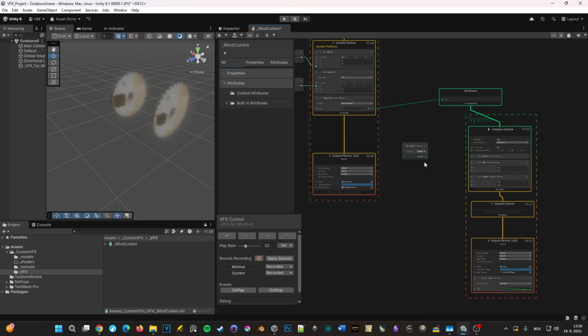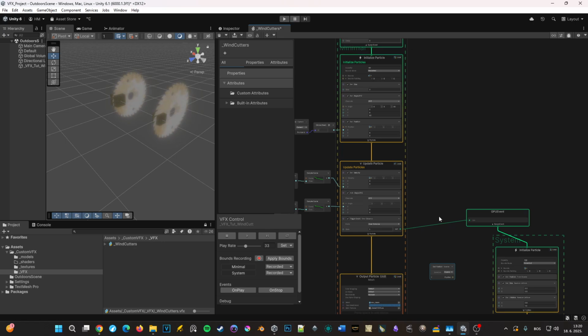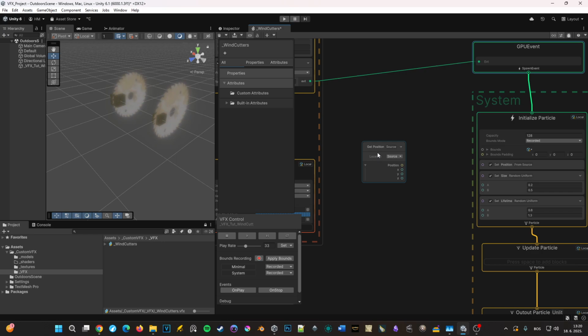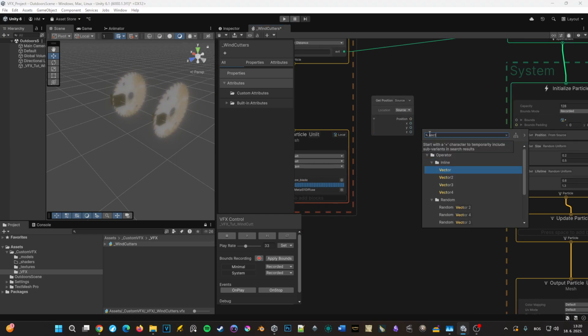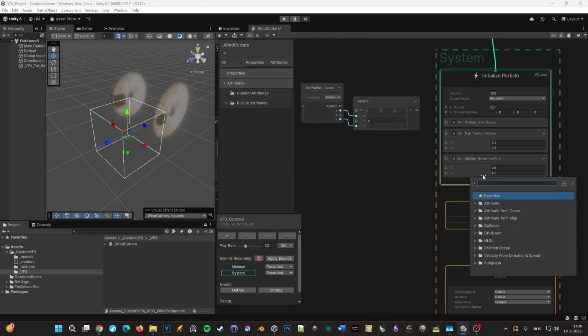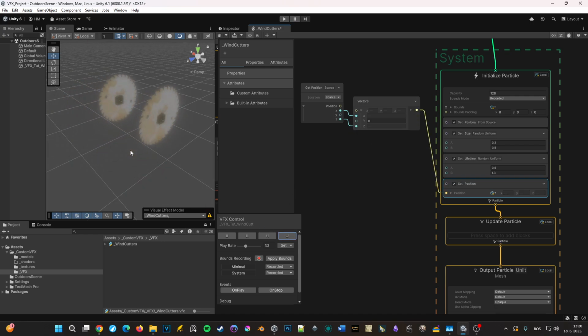Because source is the X and Z position of this particular particle system. We want to inherit those values. So you extend that, you just do vector 3. You don't even have to do this, but for brevity's sake, I like separating that. You do X, you do Z, and then here in set position, you just plug this in. So now when we replay, hopefully,